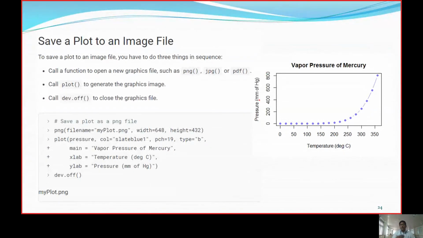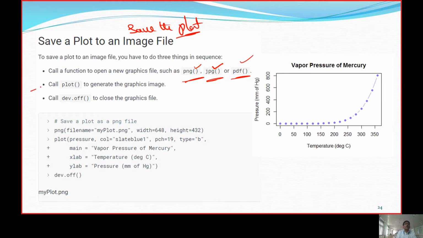So we talked about different options, and finally I want to save the image. That is saving the plot. So how can we save the plot? The saving of a plot can be with PNG, Portable Network Graphics, JPEG, Joint Photographic Experts Group, or a PDF file. So we can put it in a PDF file, or in a PNG file, or in a JPG file. So it's up to you.